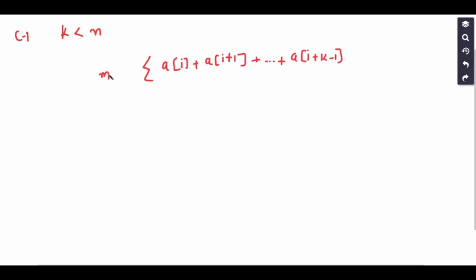Now, this is basically the window sum, the sum of the current window of k elements, starting from the index i, and the starting index goes from i is equal to 1 till n minus k plus 1. So for every window I want the maximum of all these sums. That's what I want,